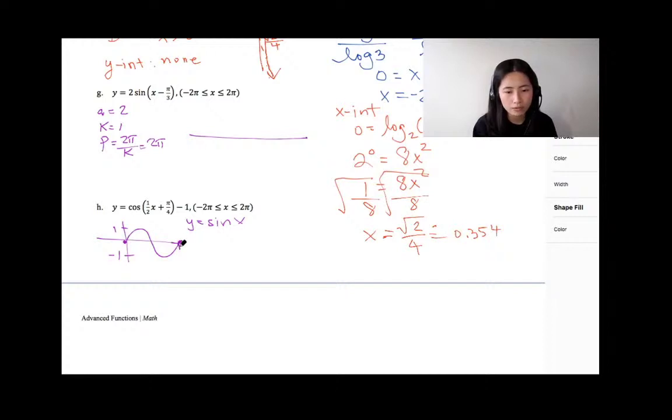So 1 period for sine x is actually 2 pi, right? So in that case, when we're drawing this, because we know that this is x is equal to pi over 3, so